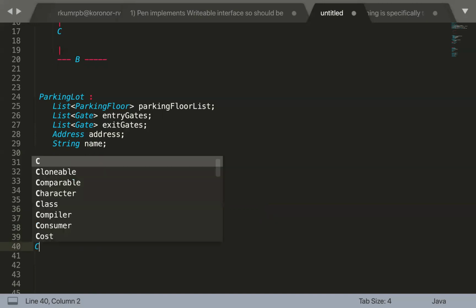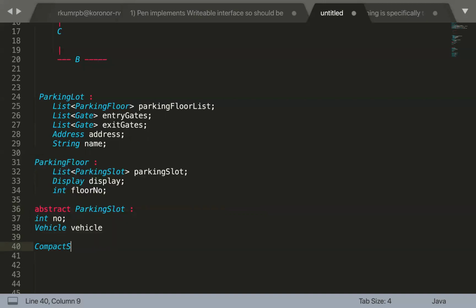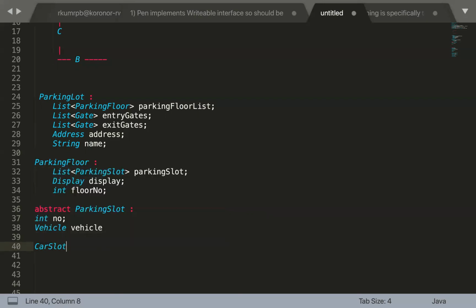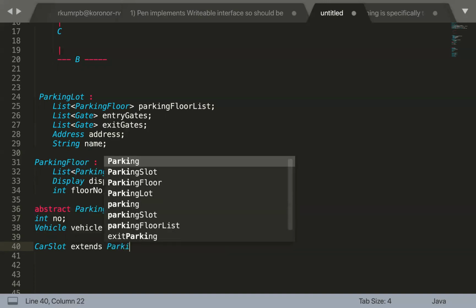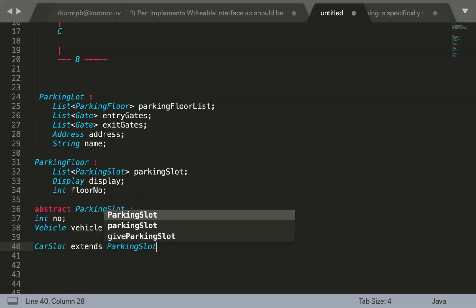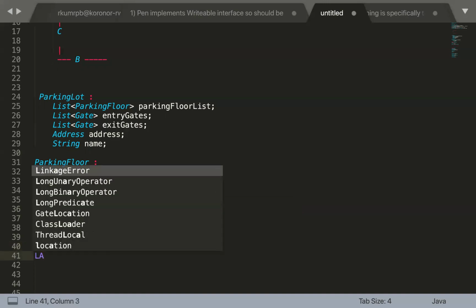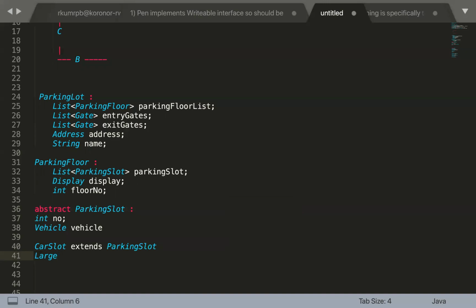So probably you can have the compact slot. Compact slot is nothing but, let's suppose, the car slot, which extends parking slot. In the same way you can have the large slot. Or we can take two-wheeler, three-wheeler, four-wheeler.